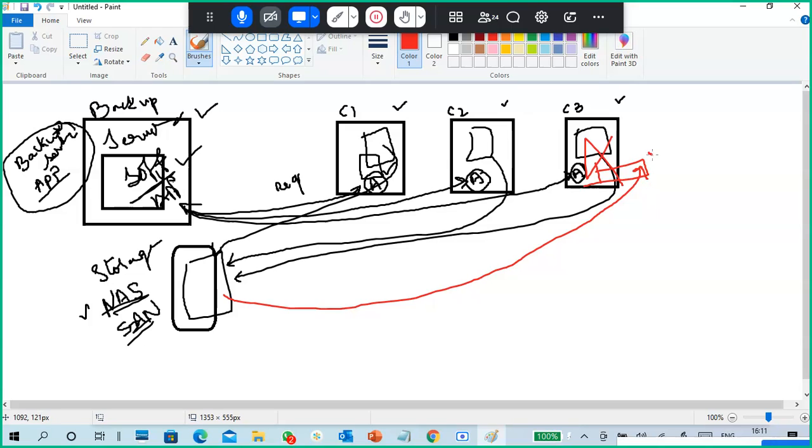Then my PC is ready. So this is the centralized backup server kind of stuff. The famous tool is Veritas NetBackup. Symantec is the company's other name. Here it is Symantec NetBackup, or you can say Veritas NetBackup. Both names are correct. That's it.